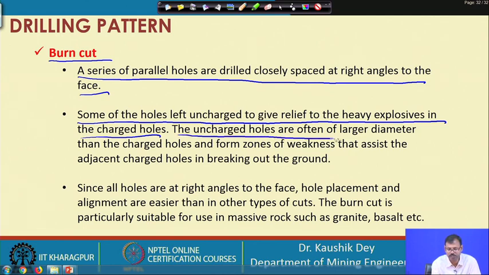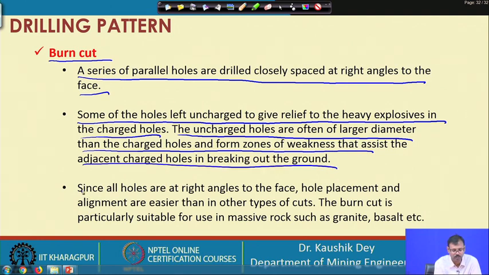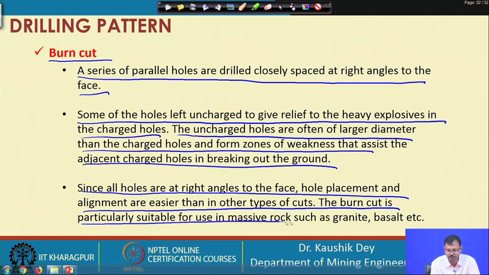Then the uncharged holes are often of large diameter adjacent to the charged hole. Since all holes are at right angles, hole placement and alignment are easier than the other types of cut, and it is very suitable for very hard rock condition also.